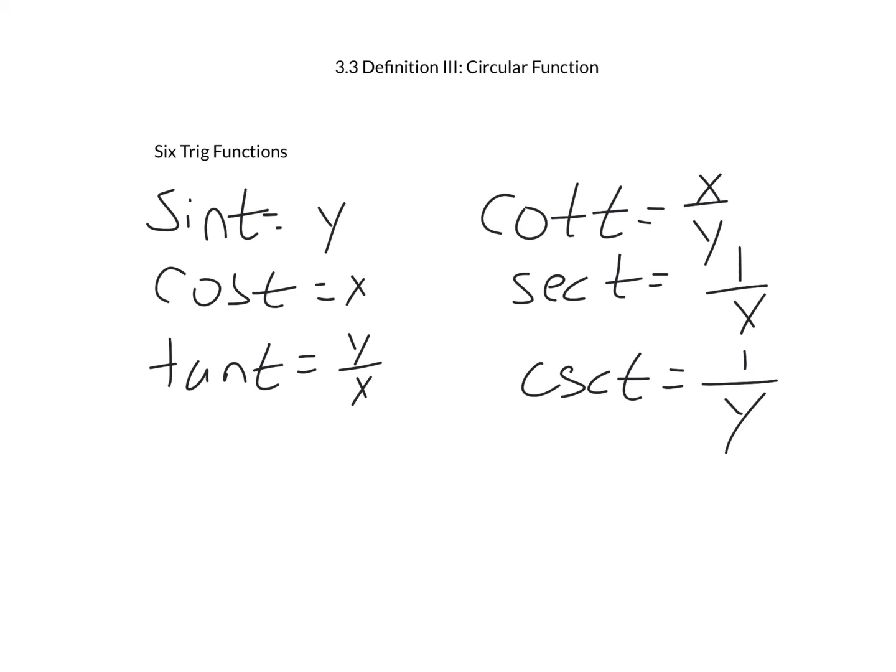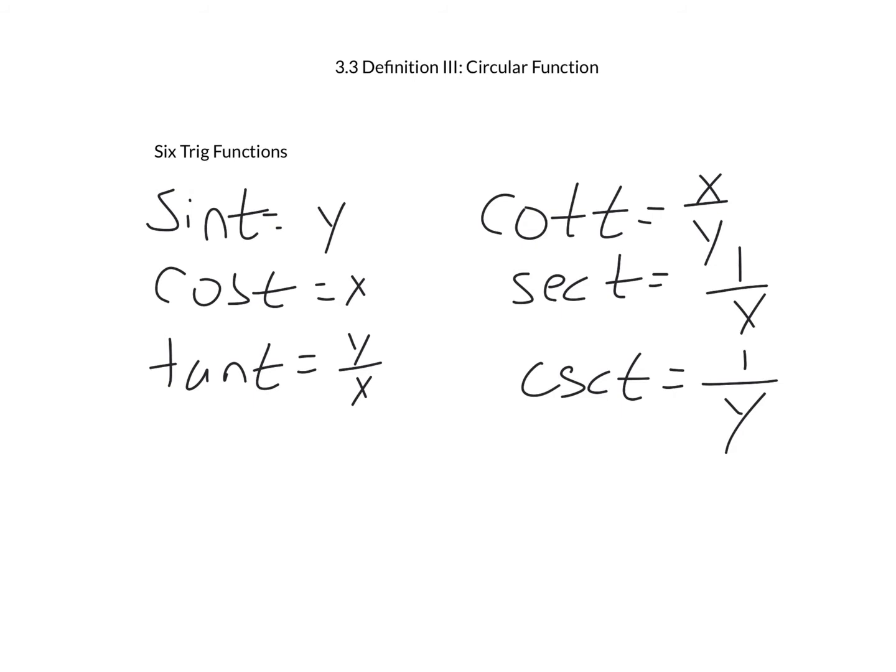All right, 3.3, circular function. So this is dealing with our unit circle. Once again, in our section, dealing with this. So here are your six trig functions and how they relate to the x and y values of your unit circle. Sine t is equal to y, cosine t is equal to x, tangent t is equal to y over